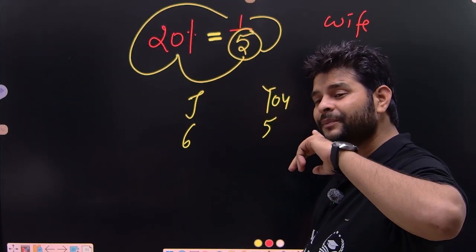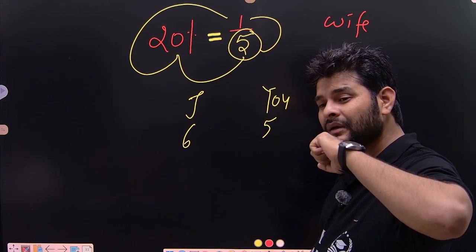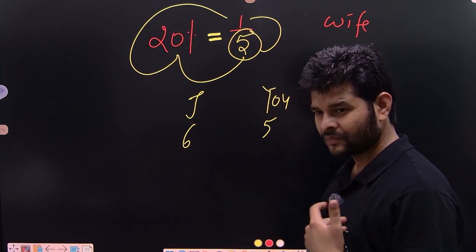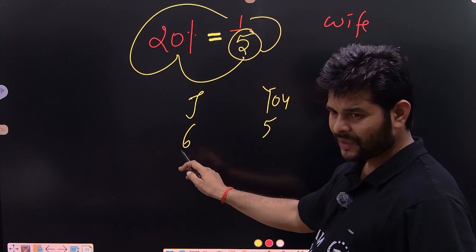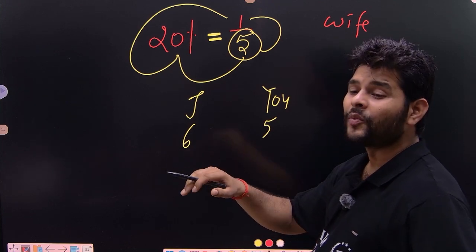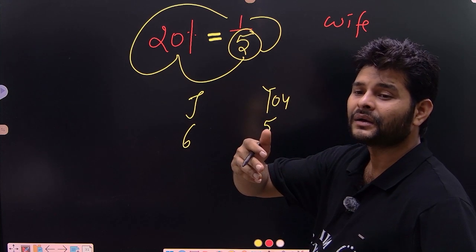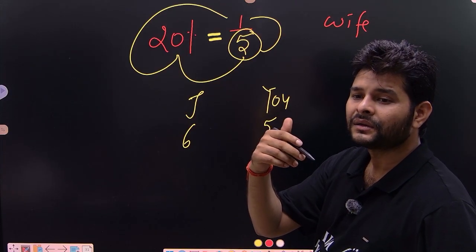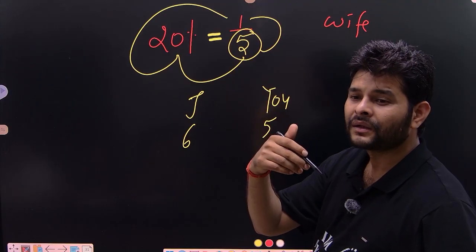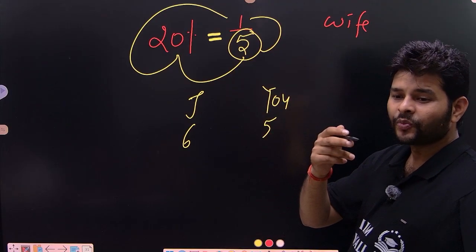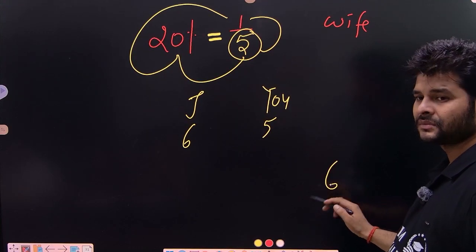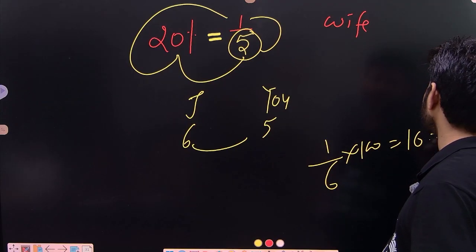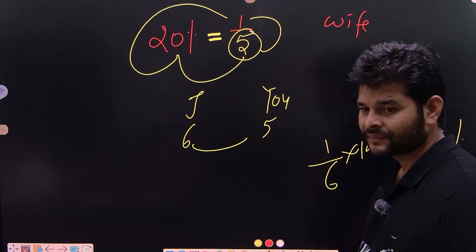Now, which one are we comparing, or by whom are we comparing? You are comparing by whom? Me and you. If I am making 20% more than you, the question is how much percent less are you making than me? With whom are you comparing? That means you need to put my value, 6, in the denominator, and the difference is 1. So the difference would be 16 whole 2 by 3%. The value would not be the same.